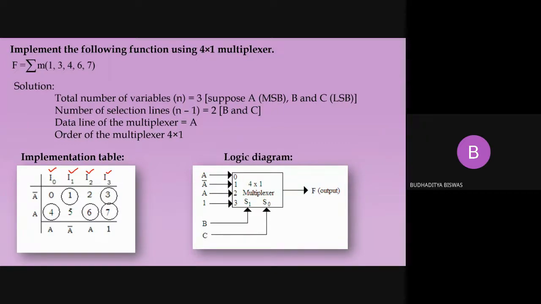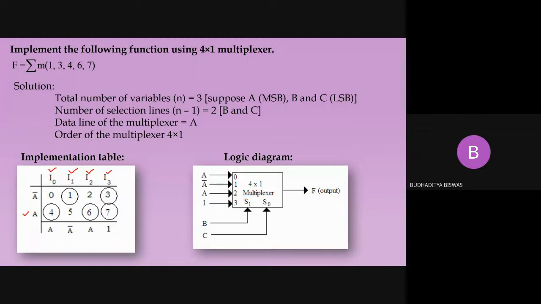First we inspect each column, and here 2 elements are there. One is 0, another is 4. Which one is circled? 4. This is the upper element, this is the lower element. So which one is circled, upper one or lower one? Lower one. So what does the lower one represent, A or A bar? A. That means if only the lower one is circled, then we should write A at the bottom.